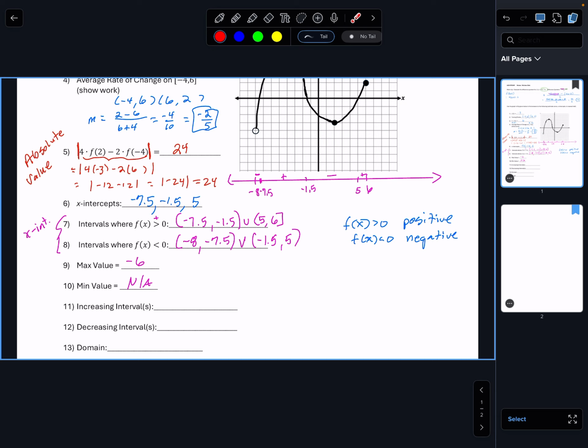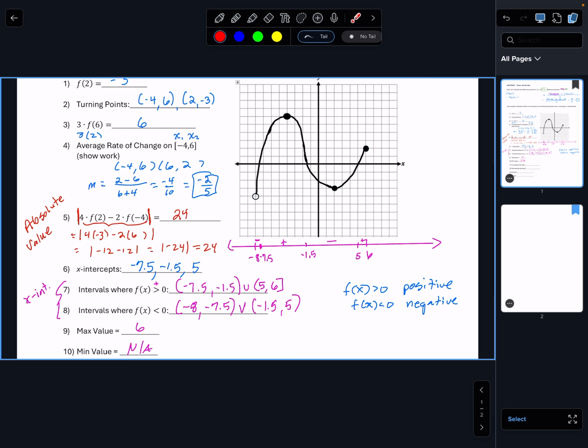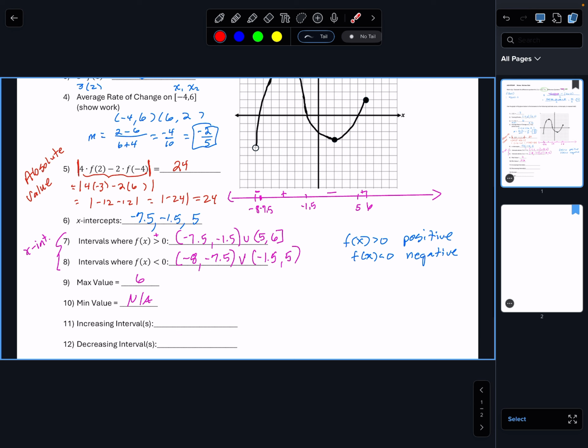It's not supposed to be -6. I don't know why I wrote -6. Thank you for the correction. Sorry, number 9, the height is 6. I have no idea where -6 came from in my head. I have no idea. Thank you for the correction. Good save. Thank you. All right, so number 10,